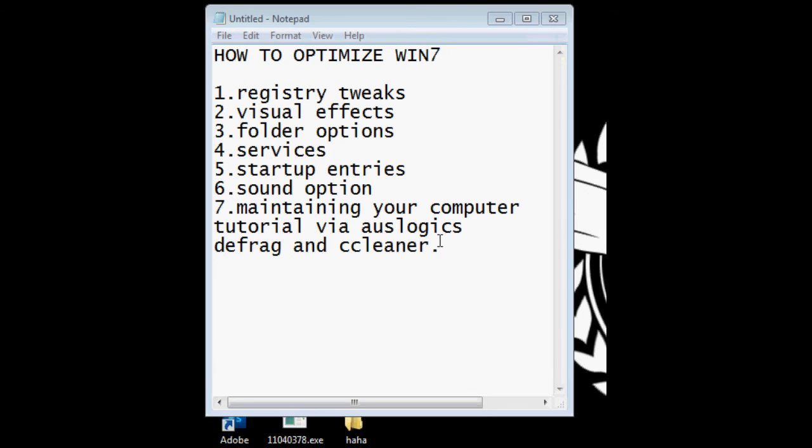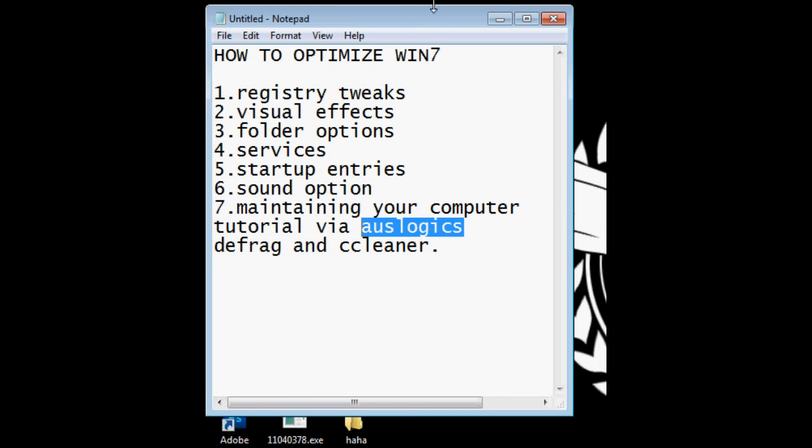So let's go to your last step. We also have a tutorial for how to maintain your computer in terms of software. So basically, defrag your disk regularly. Use Auslogics because it's a fast defragmenter, and it's way better than the default defragmenter. And install only necessary softwares. Those things that are like alien softwares, don't install them.